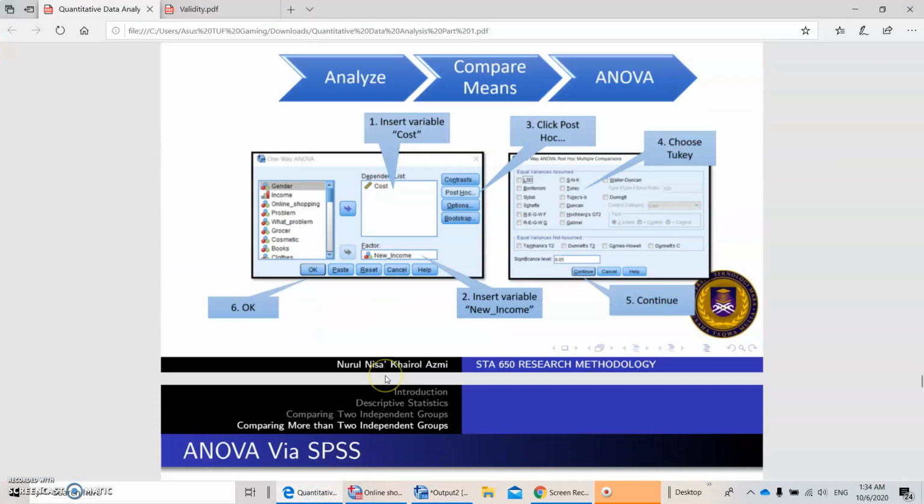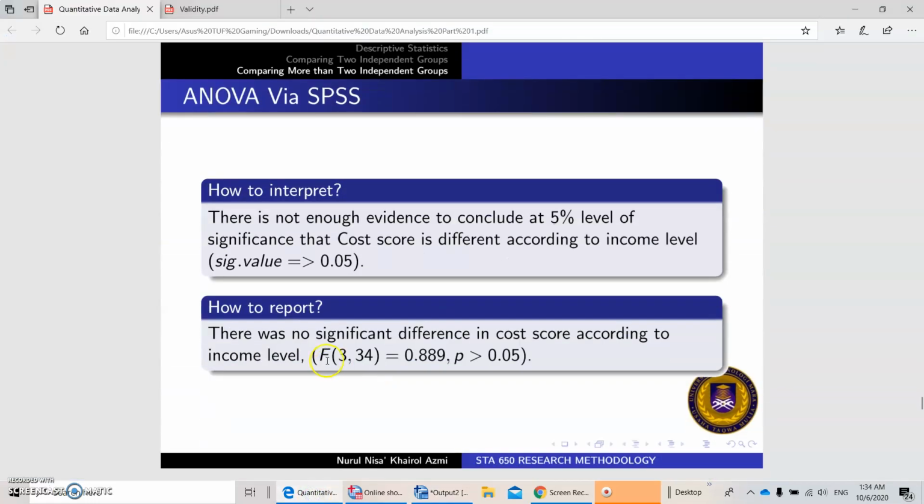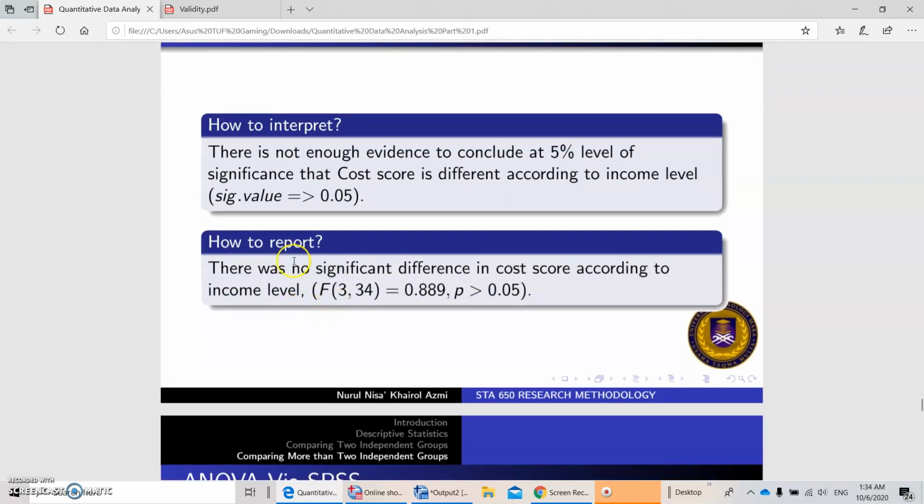Therefore, when you want to report the ANOVA result, you can say that there was no significant difference in cost score according to income level. You report the F value, this is the degree of freedom, the test value of F 0.889, with the p-value greater than 0.05.